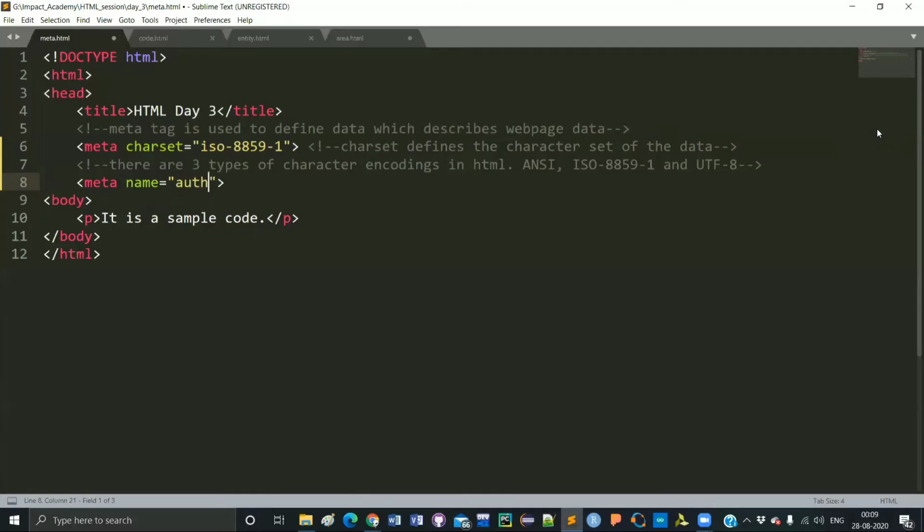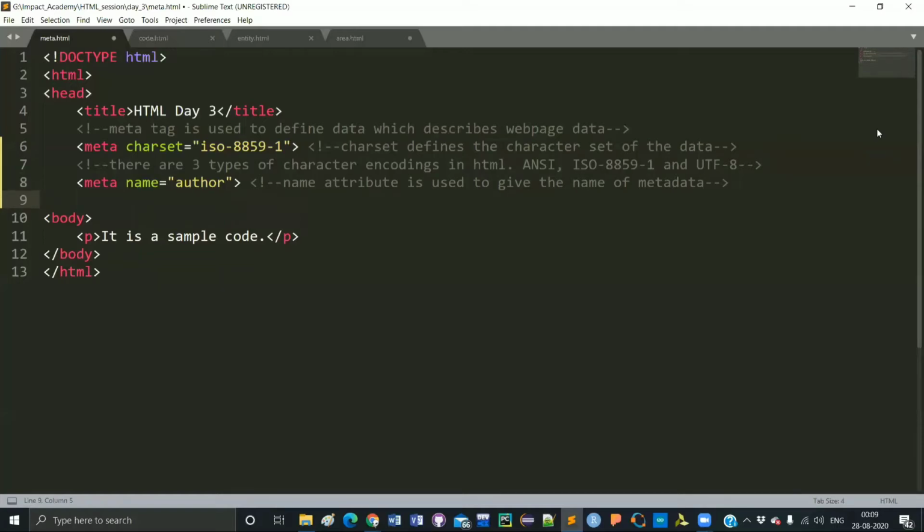Suppose I want to give the name of my metadata as author. I can give the name according to my choice. So the name attribute is used to give the name of metadata.